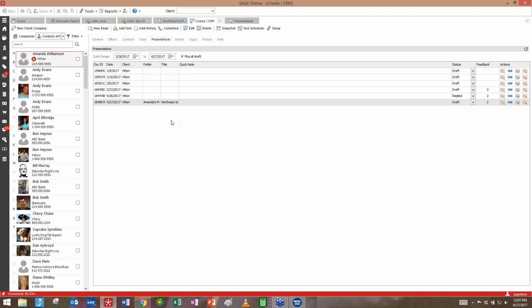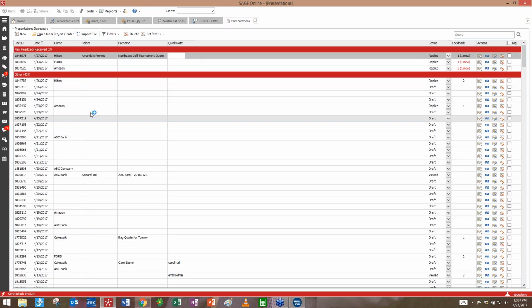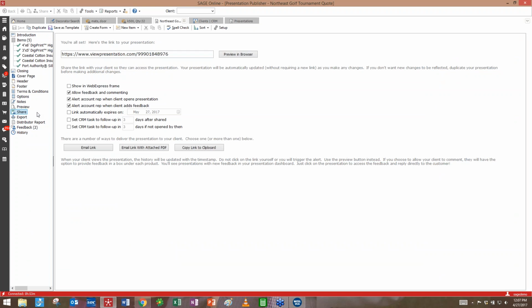You can't even get responses when you send an email out. How do you even know your customer opens emails when you send them? So now with our presentations, not only are you going to be notified the second that your customer opens it, you're also going to be notified the second that your customer adds feedback, and then it automatically saves into the